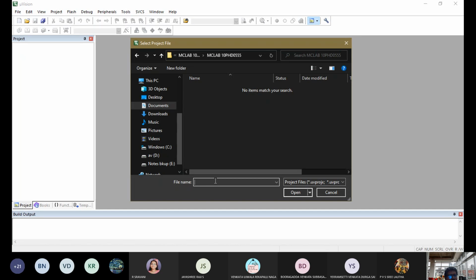Now in this folder, you give the file name. The file name is going to be the project name. Give your task 1 or 2 and your registration number. Let us take task 1. This is not task 1, this is a trial one, but I am giving task 1 and my registration number. You can type your registration number like this.